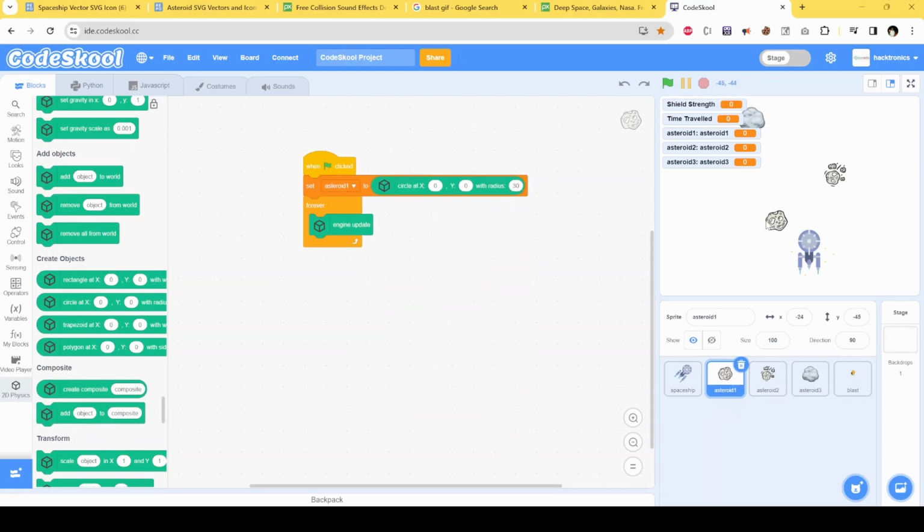Let me say this is like -45 and -45 and like -5, so around 40 width. So radius would be like 20 maybe, and its position is like this object position. So this is asteroid 1, so this position would be like,